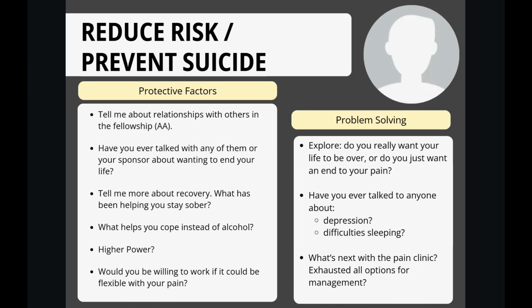So, the second goal of assessment would be to reduce Clayton's risk and to try to prevent suicide. In the first box, these questions help to explore protective factors, resources, and strengths in Clayton's life to help try to keep him safe. In the second box, problem solving, these questions could also address Clayton's sources of distress and difficulty, explore opportunities for his situation to be different, not to solve problems then and there, but there may be options and steps towards solutions that could provide some insight and hope.